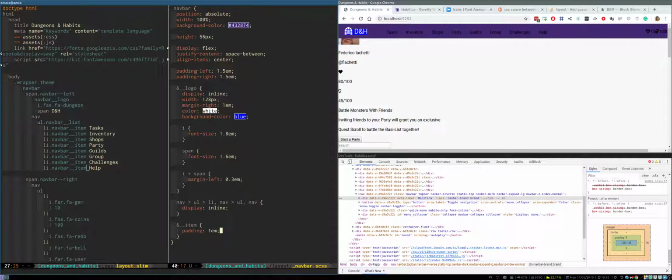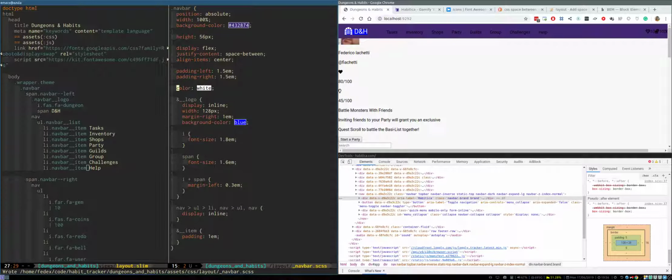We'll set the color of everything to white. I don't want to use white, but